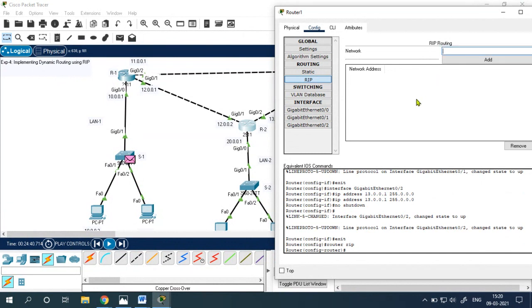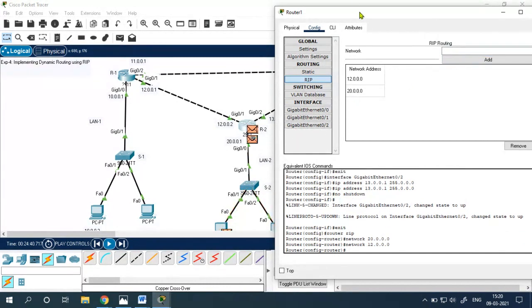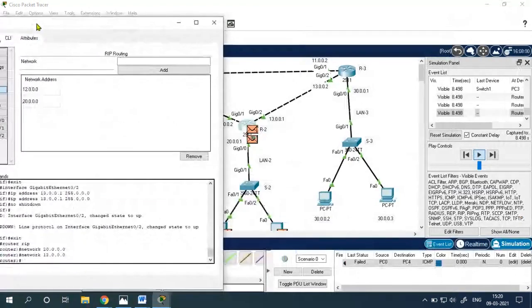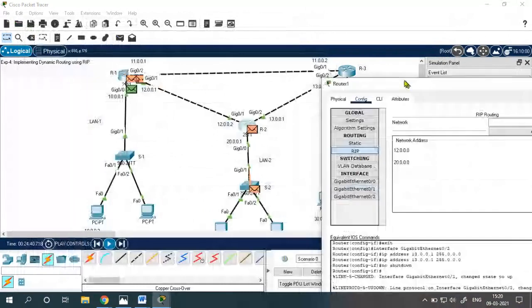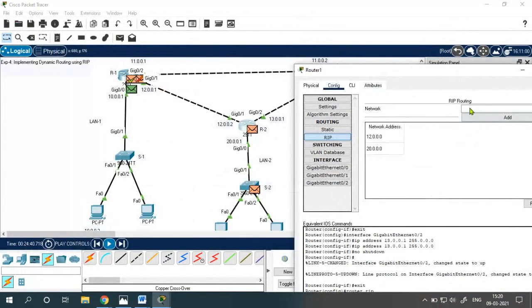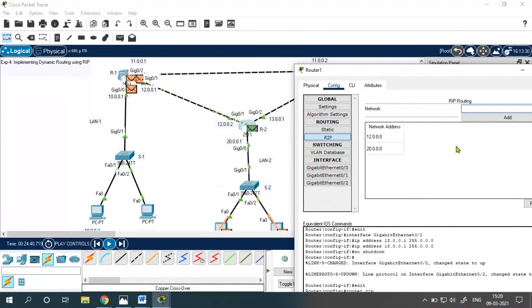It is directly connected to network 20, this net ID. It is also connected to network 12, and also connected to network 13. Fine.